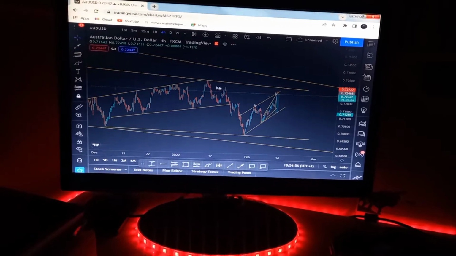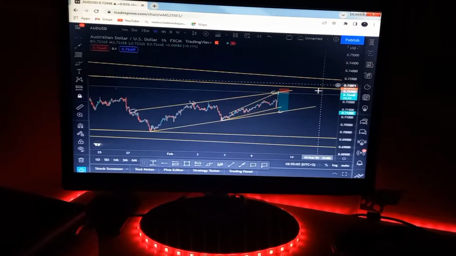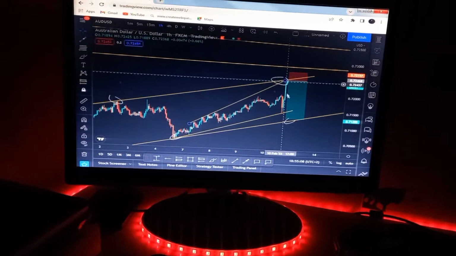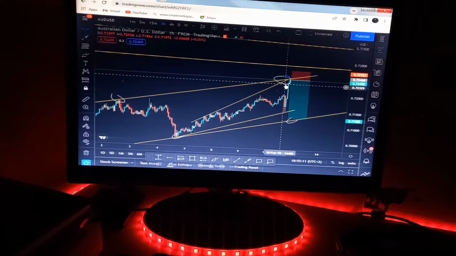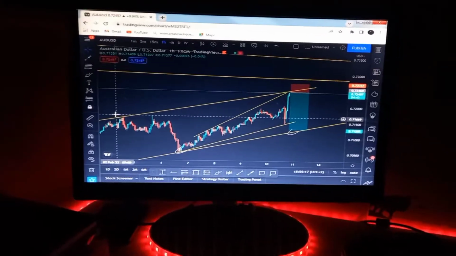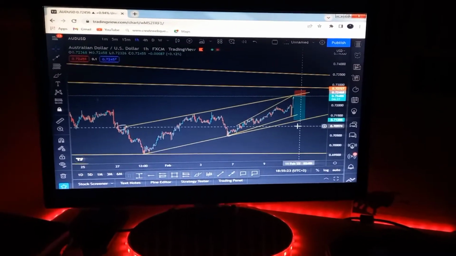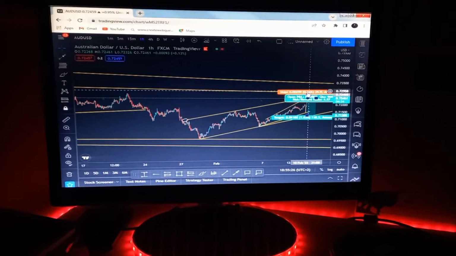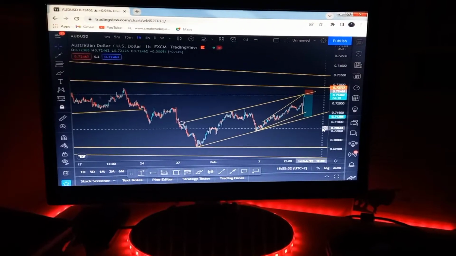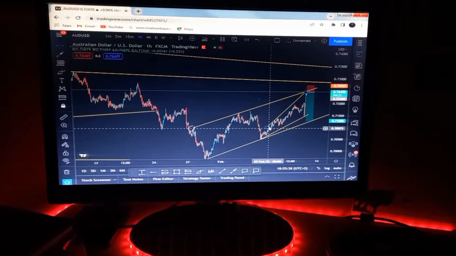But if I go back to the 1 hour time frame, you'll see that the last hour's candlestick over here is very impulsive, these candlesticks. The last 2-3 candlesticks on the hourly time frame do give me an indication that the market can actually go up and make this touch over here before it comes down. It's a possibility, but